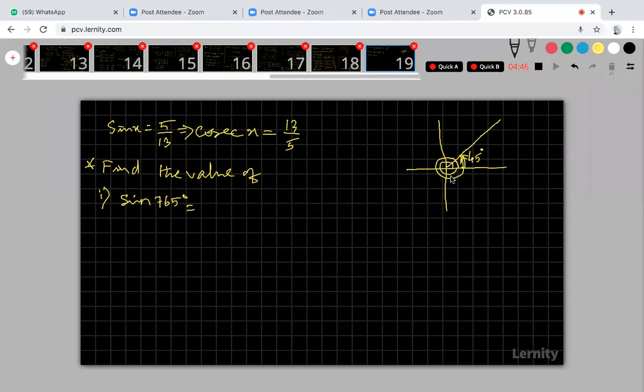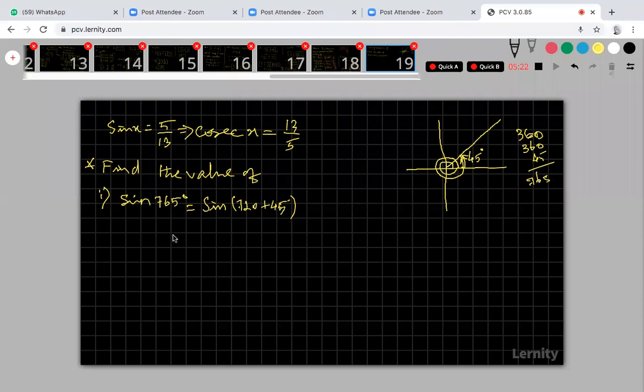Another complete revolution is another 360. That means 360 plus 360, plus 45, so that is your 765. Therefore this is 45 degrees, and so your 45 and 765 both are the same. We are going to prove that by a method. That is sin of 720 plus 45. I am writing it like that.